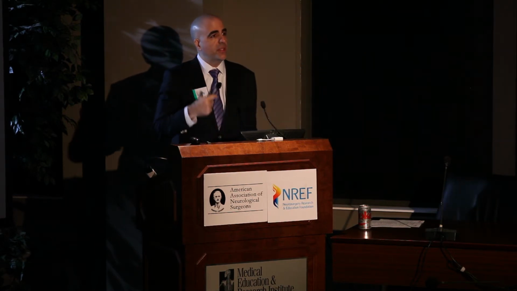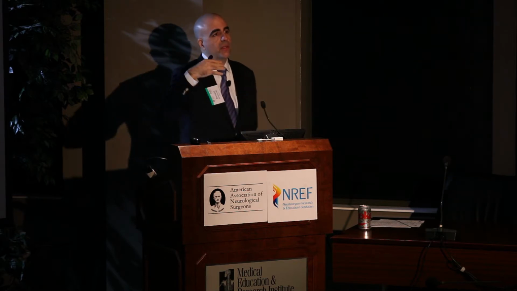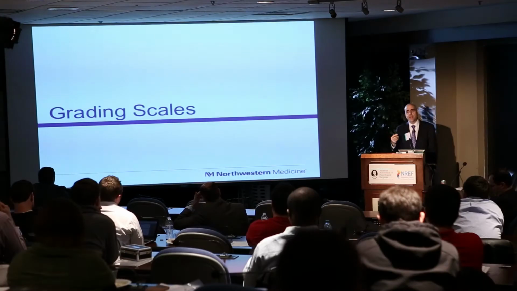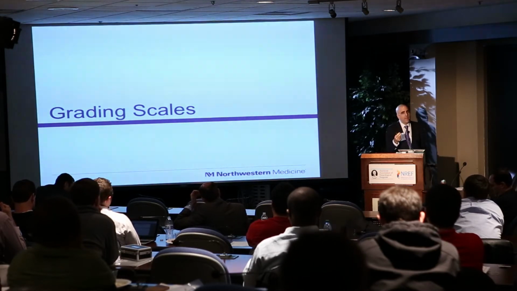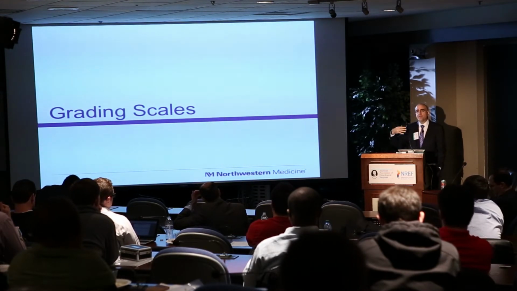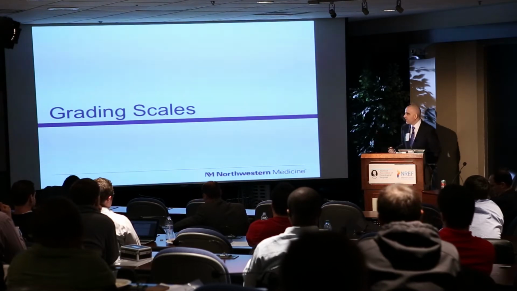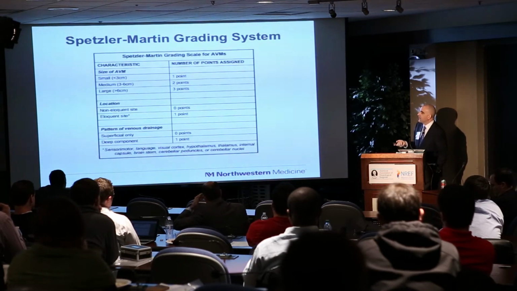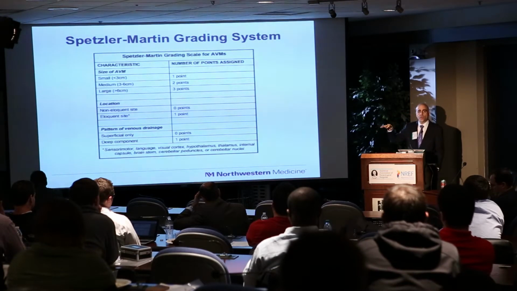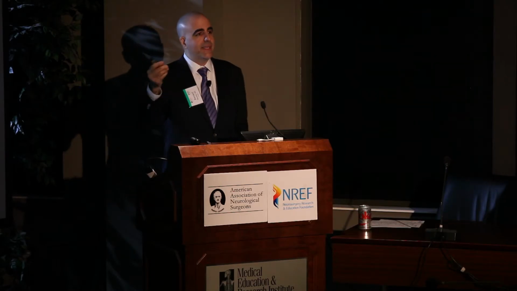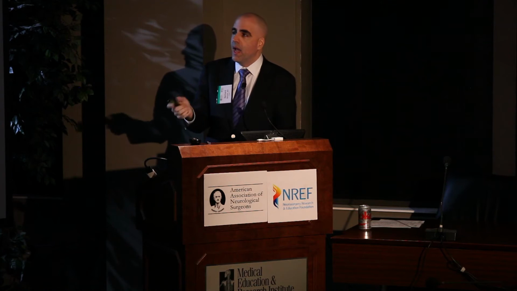What about grading scales? As you move from natural history, your next step as you're sitting in clinic looking at an AVM is to understand the grading scales. And they give you some insight. The grading scales were the first attempt at precision medicine, which has become a popular term. Obviously, Spetzler-Martin being the first grading scale that looks at size, location, quote-unquote eloquence, although the brain is not technically eloquent, but you know what I mean.